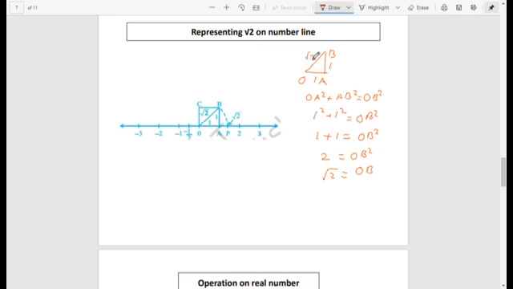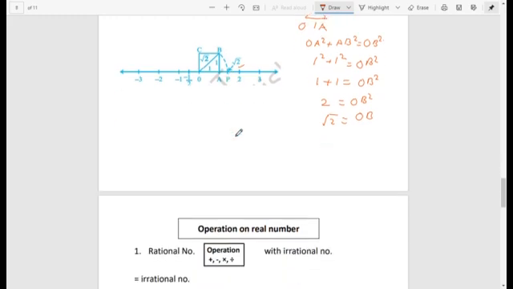So if this triangle is represented on a number line, so here we get OA, AB also 1 unit, OA 1 unit, and OB is equal to root 2 unit. So with the help of a compass, if we take an arc equal to OB and draw this arc so that it can cut number line on P, so we will get root 2, which is representing on number line.